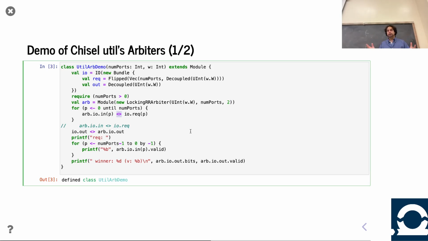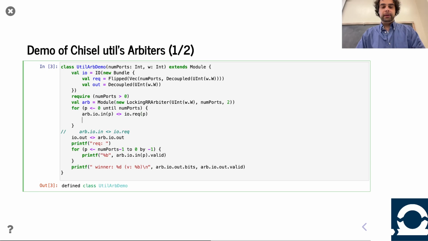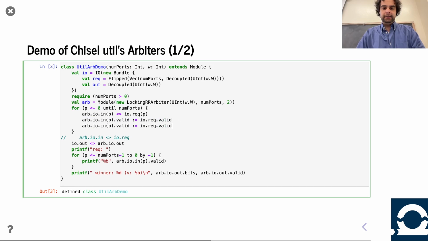And yeah, if you have a bundle, in this case the bundle is because it was a uint, but we made it decoupled. And so it's sticking all together. If we didn't have that, we would need to have a much longer thing here. Say io.in, key.valid, and then it'd be a lot more work, right? I would need the valid, I would need the bits,